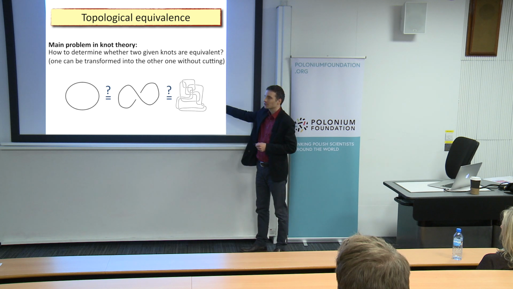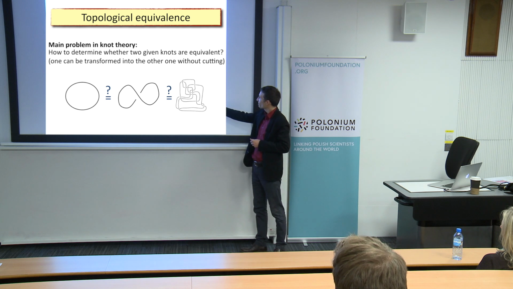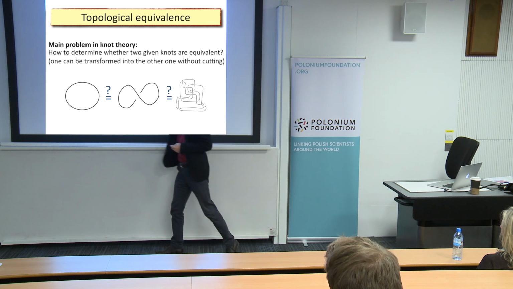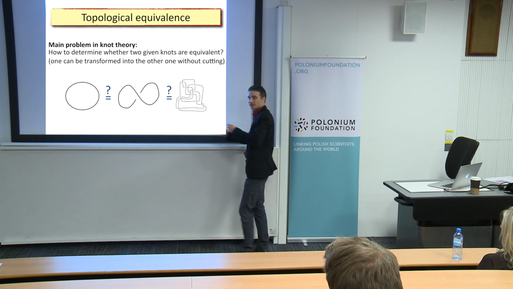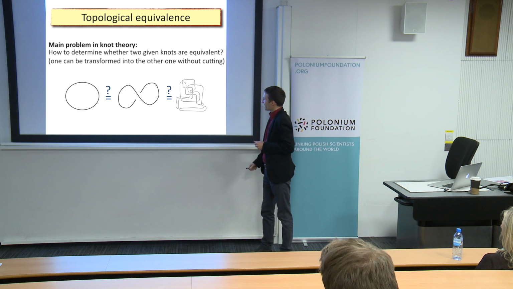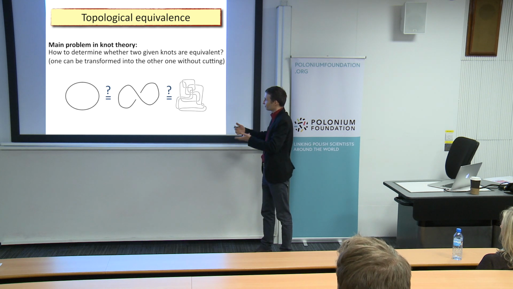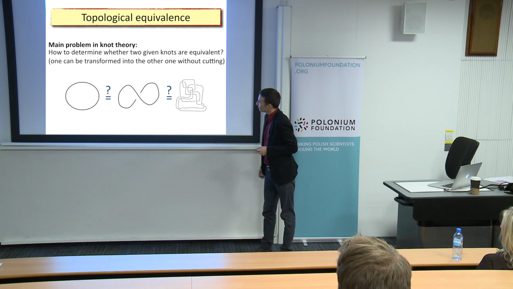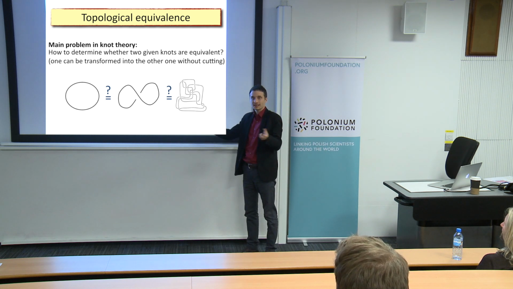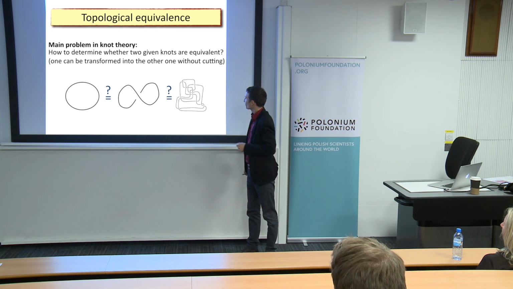But when you see such a picture, it is already a non-trivial problem. And in fact, this is a very famous picture of the unknot. So you can transform this picture into this loop just by smooth moves without any cutting. But it is very hard to see by the naked eye. And as a mathematician, you would like to have some means to make such a statement that these two structures are equivalent. So of course you can always take a piece of rope and play with that, but this is not very efficient. You would like to have something more efficient.